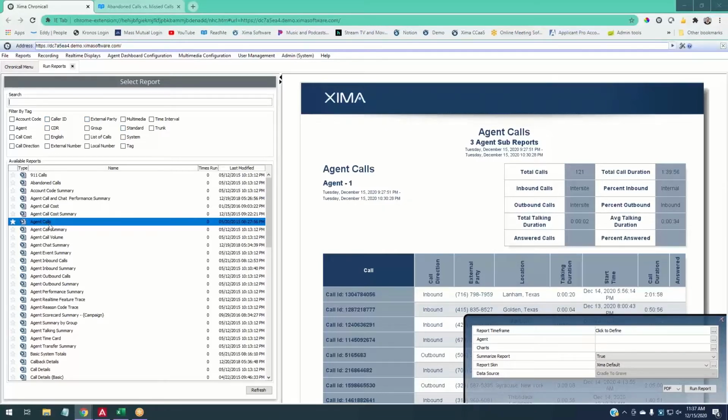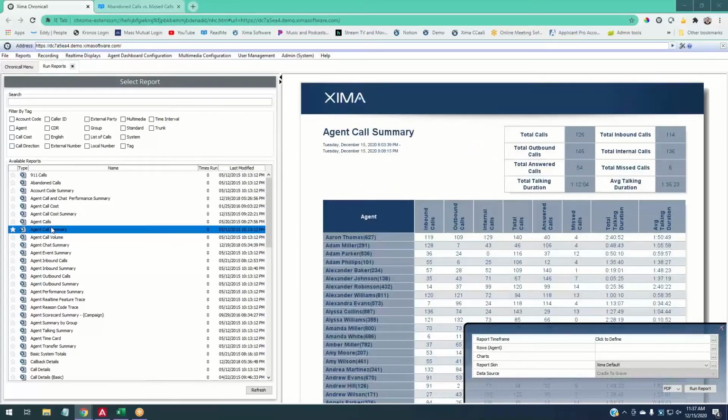However, this is presenting it in a detailed format, while this is presenting it in a summary format. Okay, so with this report, how do I run it? Well, down here in the bottom right-hand corner, we have what we refer to as the report runner window. This report runner window essentially is just questions. These are the parameters, or what I like to refer to as the questions I'm going to answer in order